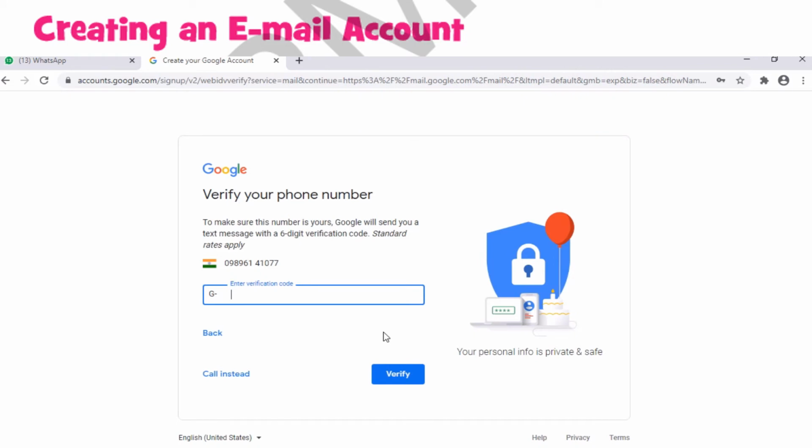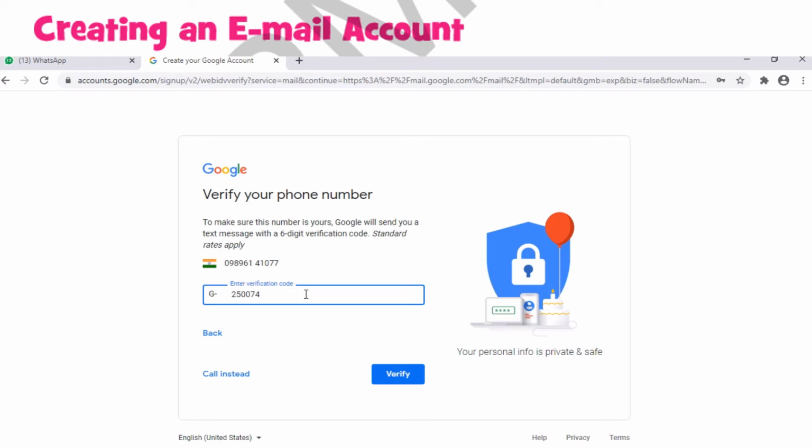Then you have to fill that verification code in this box. Let me see on my mobile, it is 25007. This number you will get on your mobile uniquely.